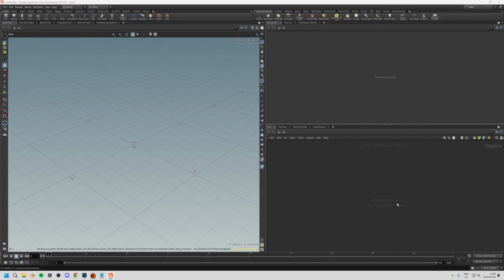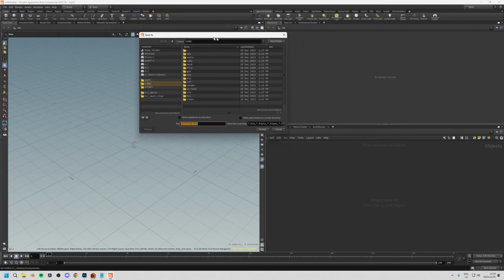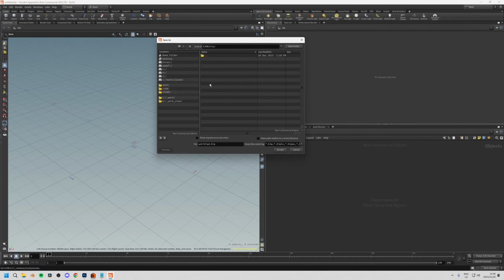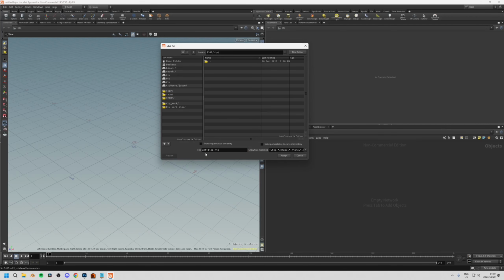I'm going to hit accept. And then you just want to go File, Save As. And you'll see I'm pretty much in that folder structure already. You can see all those folders are created. And then in the hip, I'm just going to save my hip file, so we've got an immediately saved file, even though it's blank. So I'm going to call this building start,